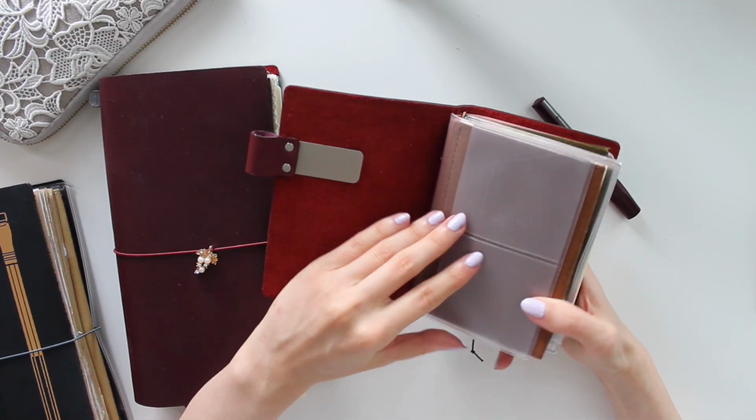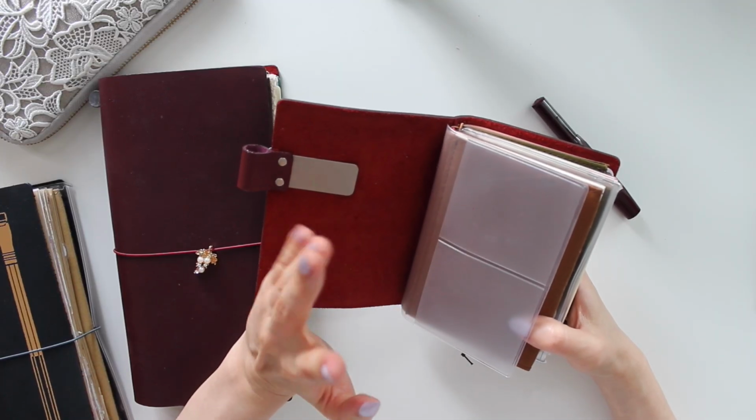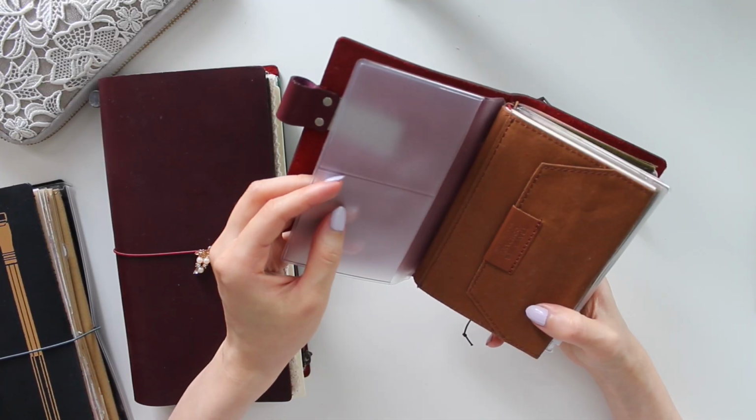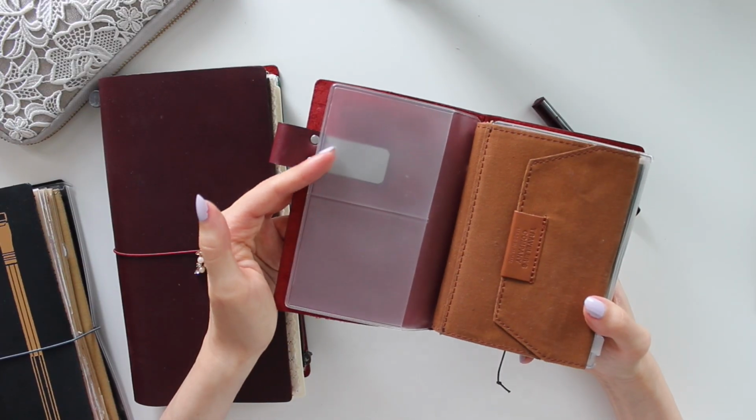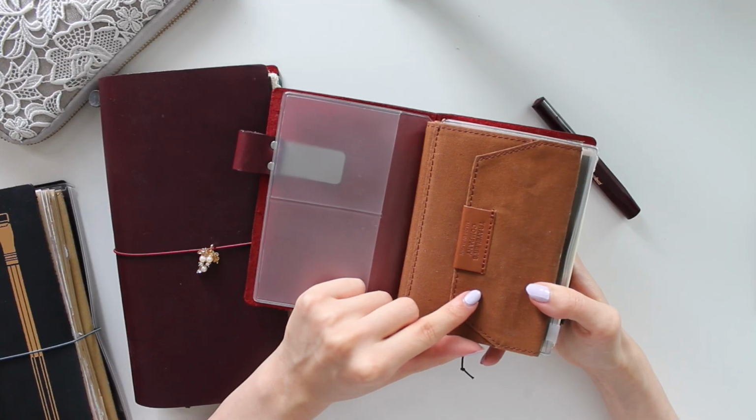In here, I usually have this clear plastic folder, and I keep my cards in there. I always take it out before videos so that I don't share private information, but it's nice to keep little bits and pieces in there. I also love to have these canvas